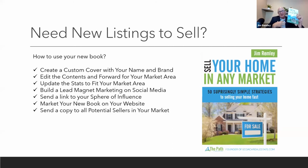And so they're going to be able to create their own custom cover, put their own custom brand on it. They can rename it if they want. They can completely edit it, and I encourage them to do so. They can update the stats to fit their market, and then they can go out and lead generate to find